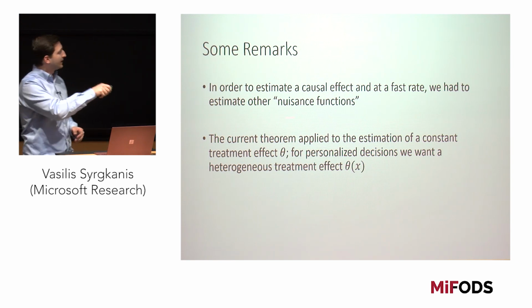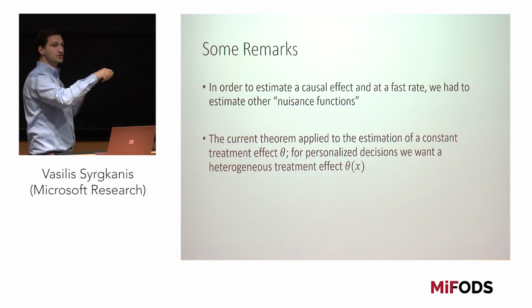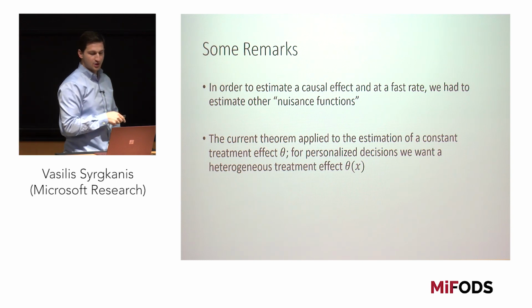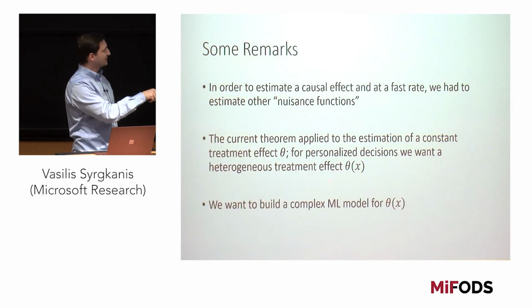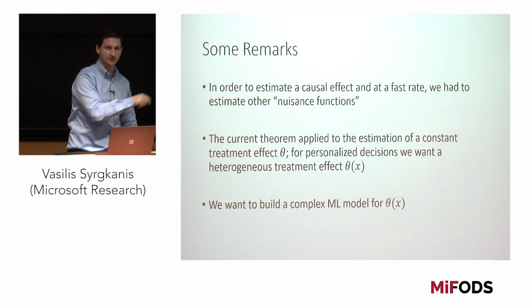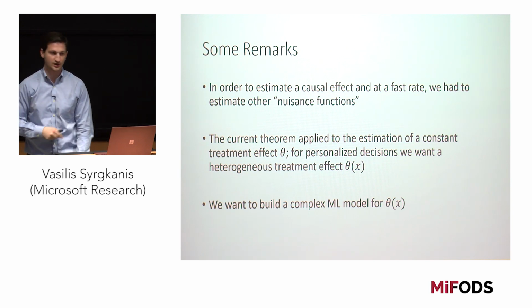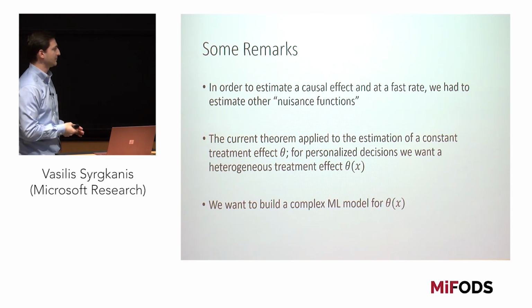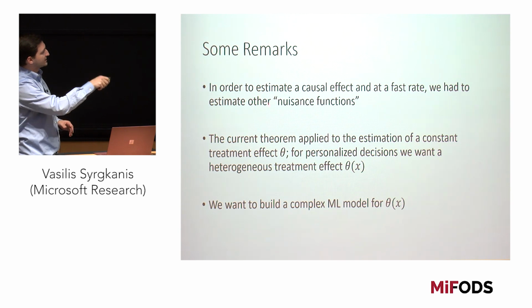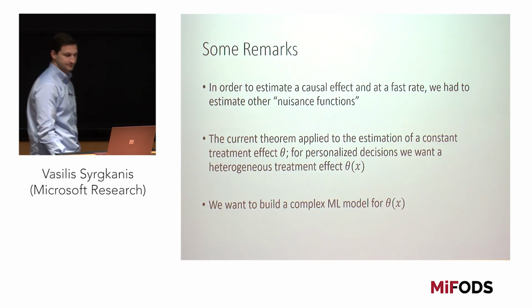So apart from using machine learning in order to estimate these nuisance functions that you don't really care about, you might want to also use machine learning and data adaptive estimation for estimating this complicated heterogeneous effect function theta of x. So there are two reasons why you might want to use machine learning. By machine learning, I mean more like data adaptive estimation. It's because you might want to estimate more accurately your nuisance functions and be non-parametric, and also because you might want to estimate your heterogeneous treatment effect more accurately and also be non-parametric.